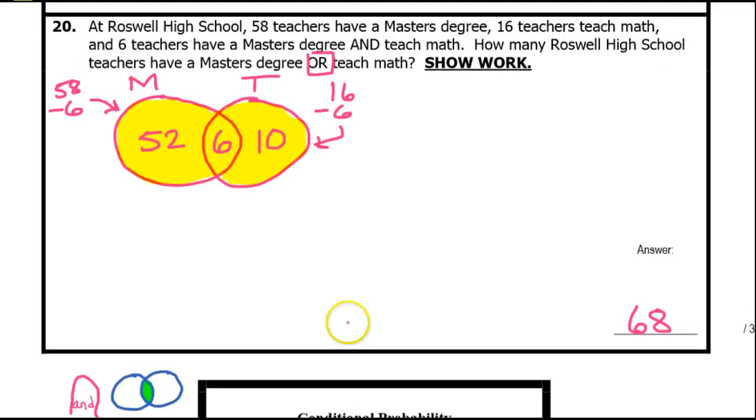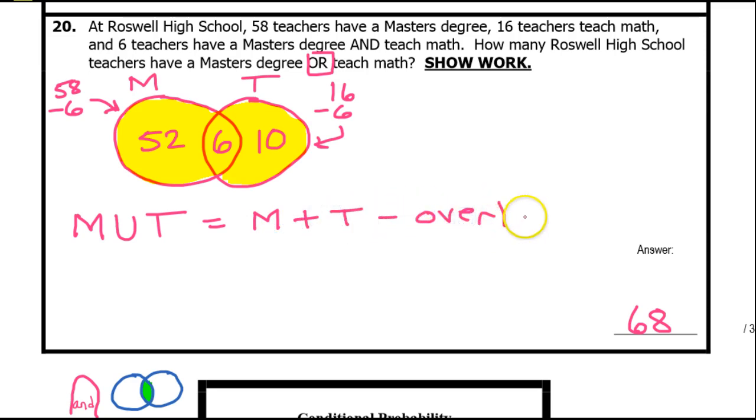So instead of saying A and B, I'm going to use M and T. If I want to figure out the number of teachers having a master's degree or teaching math, and I know that looks like it spells mutt, but it's master's degree or teaches math, then I could just do M plus T minus the overlap. So the number of teachers who have a master's degree or teach math will equal